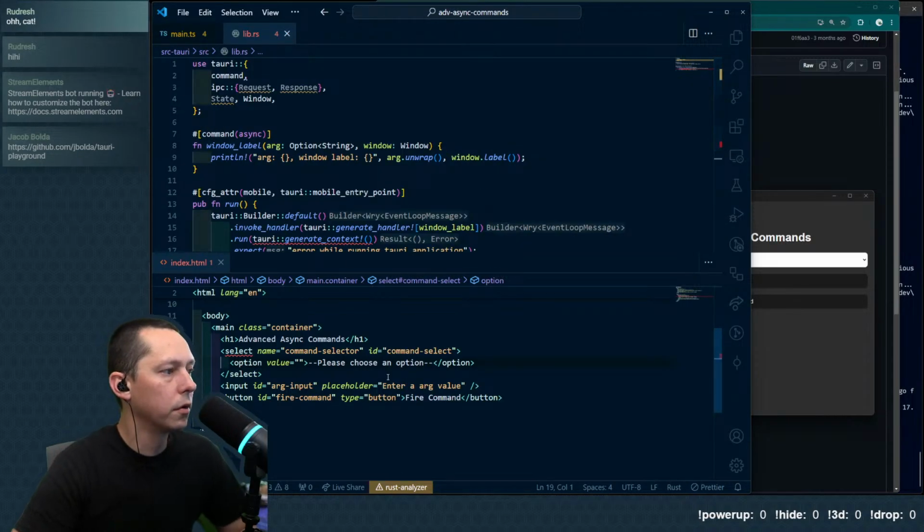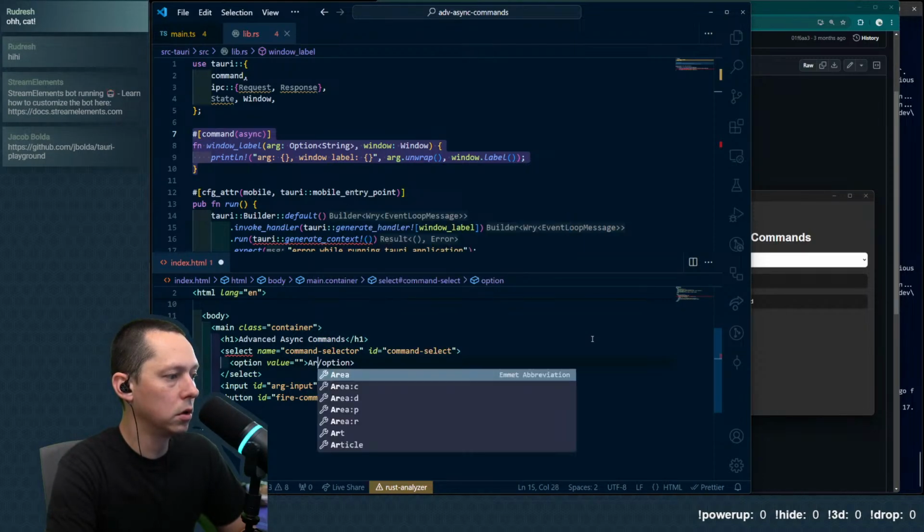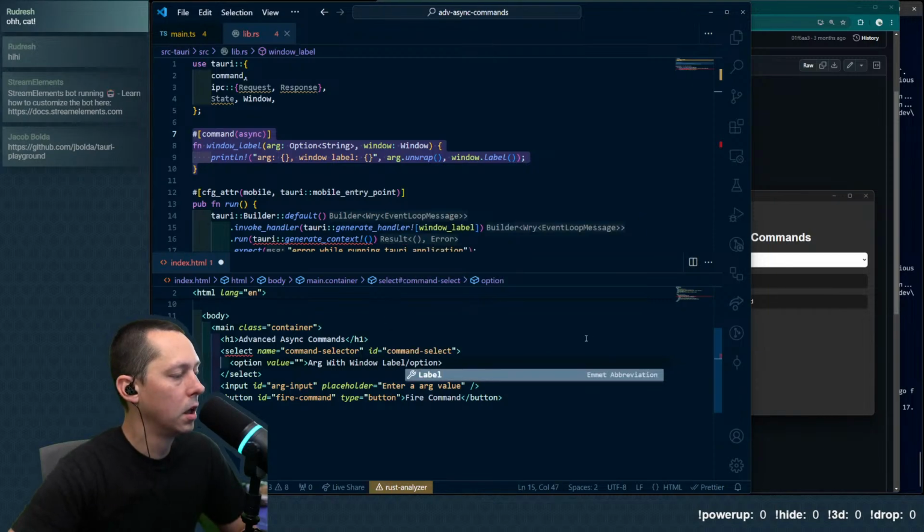Well, we'll put that over here for right now, and then we need a window label. So we'll say with an arg with window label, and that'll be a window label.